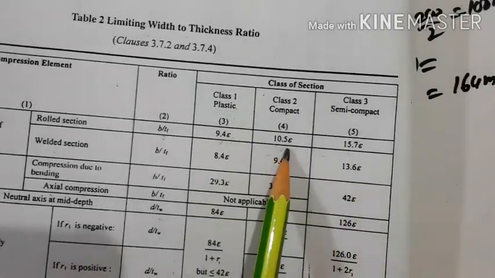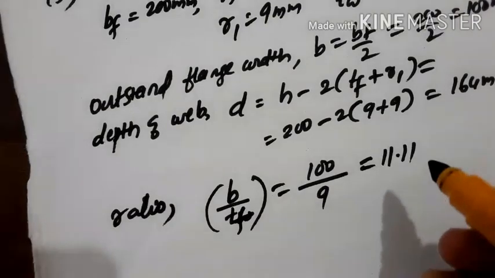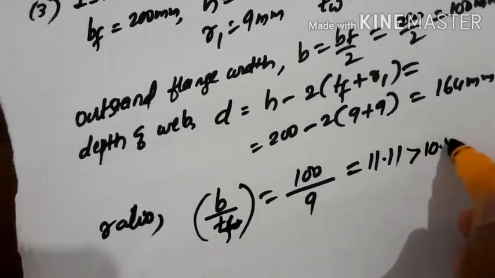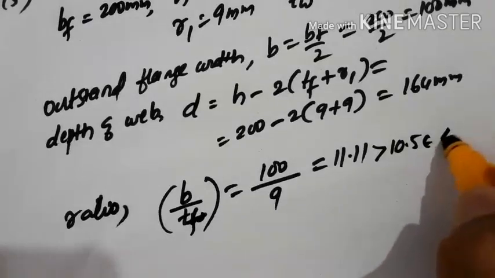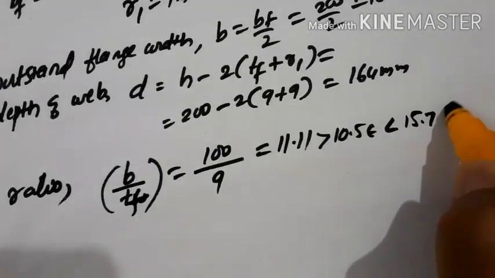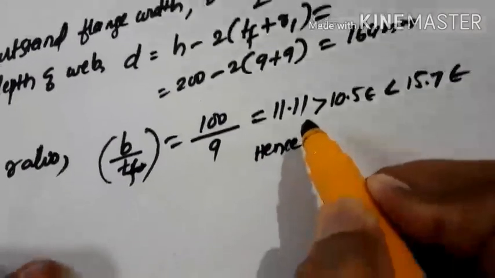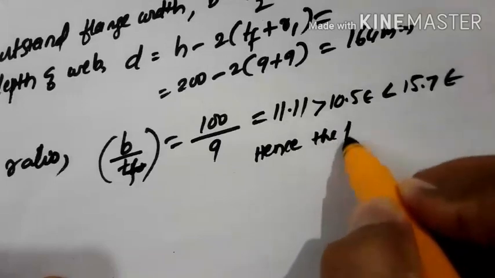So I can write this is more than 10.5 epsilon but less than 15.7 epsilon. Hence I can write here the flange element is